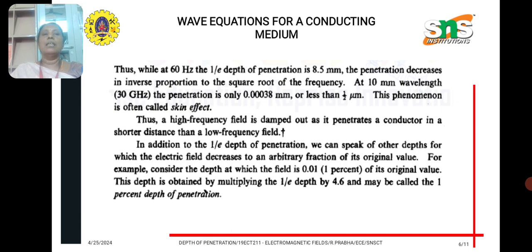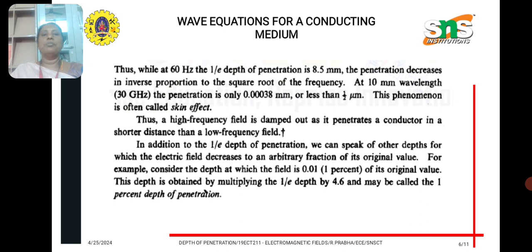And similarly at 10 gigahertz, the penetration is only 0.00038 millimeter or less than half micrometer. So this phenomenon is also called skin depth. So depth of penetration is also called skin depth. For higher frequency, the field is damped out as it penetrates a conductor in a shorter distance than a lower frequency field. In addition to 1 by e depth of penetration, we can say that